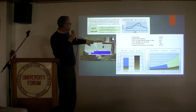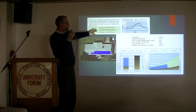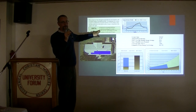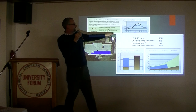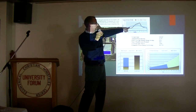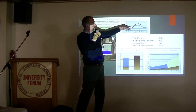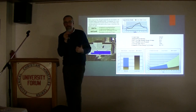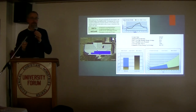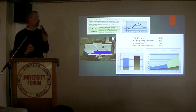We go through and do an analysis. I just randomly grabbed a couple of these. This one does 101% of their power, but it's a little bit off. The blue line here is the solar that's produced. The other line is the conventional electricity usage. So month by month, we know what these systems are going to produce. We are incredibly accurate with that, and we have 15 years of tweaking our